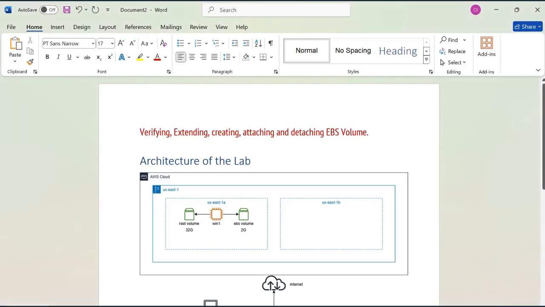Specific objective. We will be verifying, extending, creating, attaching, and detaching EBS volume. So below we have the architectural